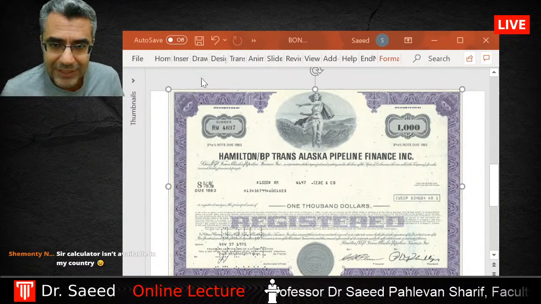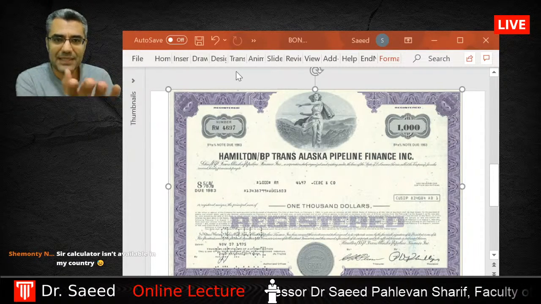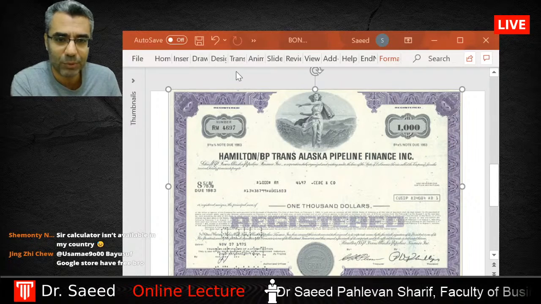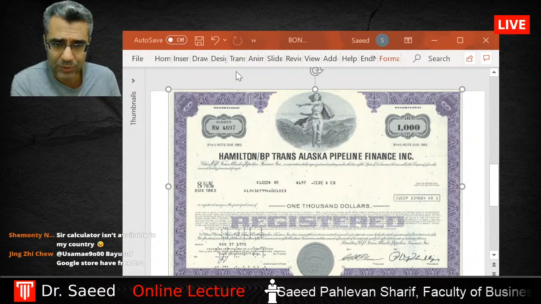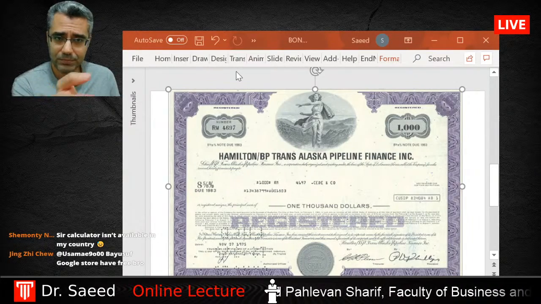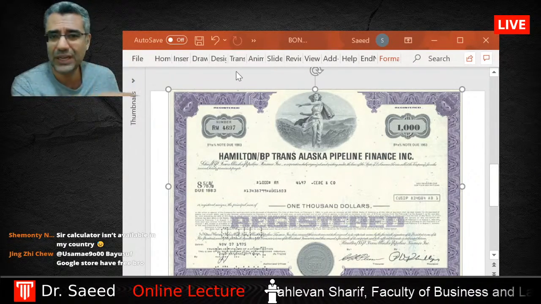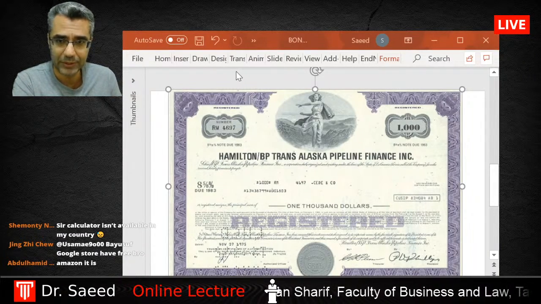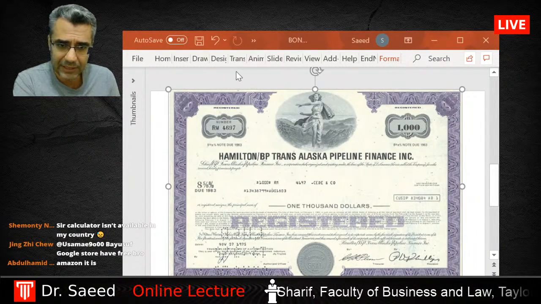So this is a real example of a coupon. Of a bond, right? This is a real example of a bond. So what do you see here? Okay, actually these days it is not like this. I mean, this is a picture of a bond years ago. Now everything is electronic and they don't print out a bond, right? So what you see here is